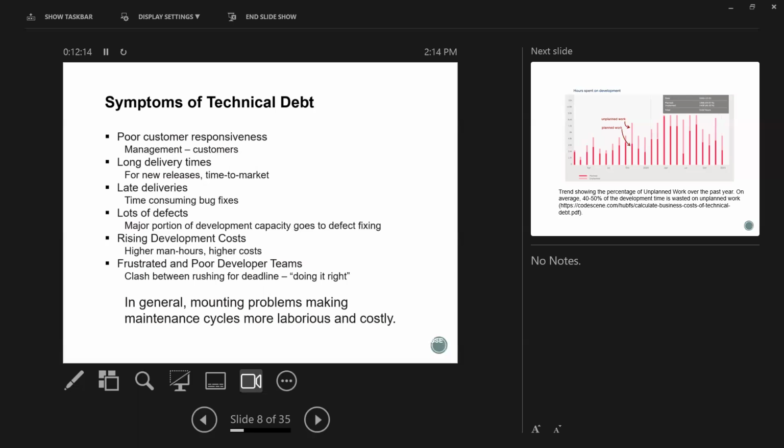Rising development cost. So it could be the reason that we experience technical debt. Per hour man cost actually increases, or the developers have higher cost. That could be one reason. So it could be a reason that